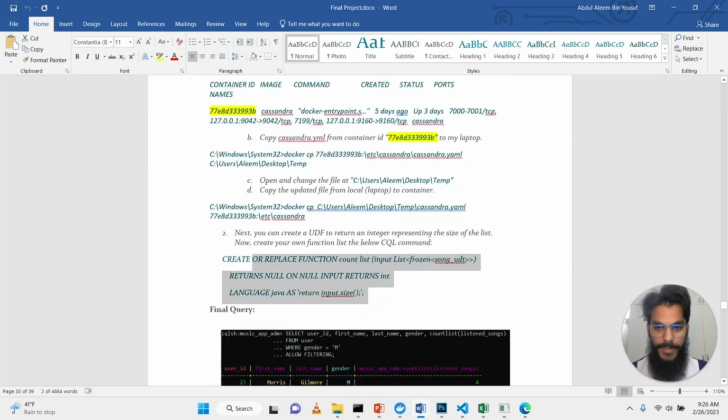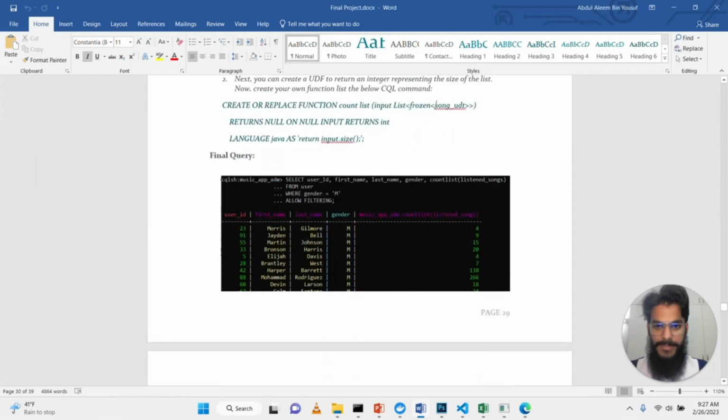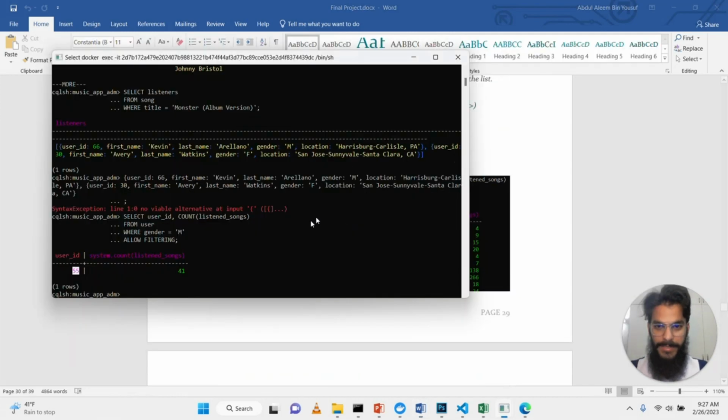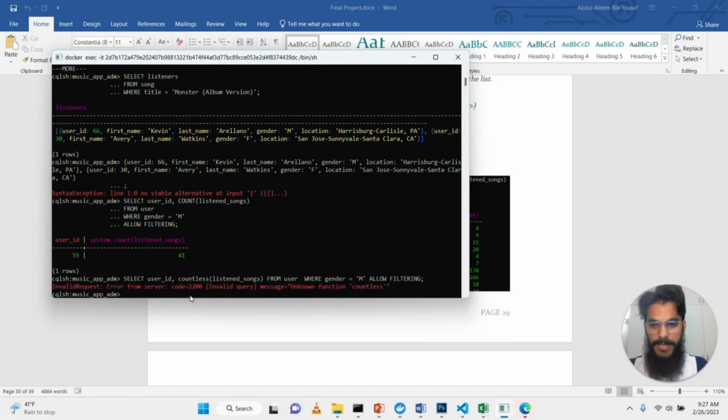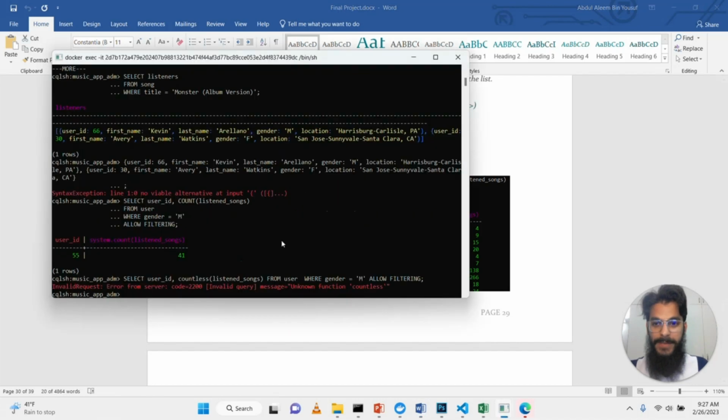And then this is how we can create our own method to count the list of the users of the song, sorry. So the final command looks like this, so I can do the same thing but with my function, which is count list. Okay, I have to create it, and for that I have to follow all of these steps, and I think